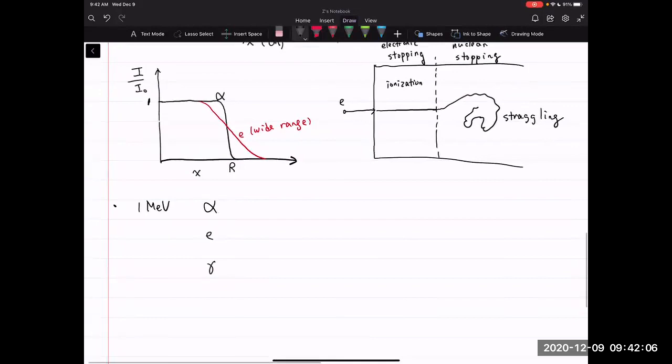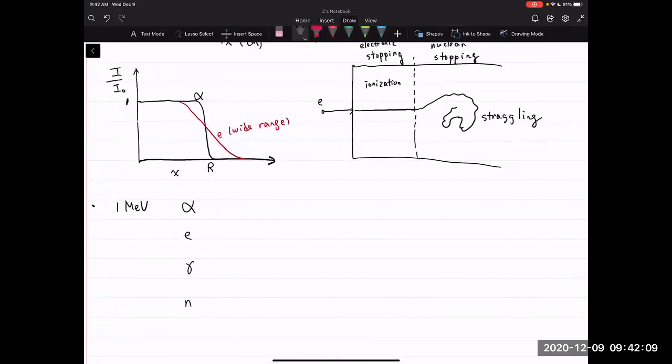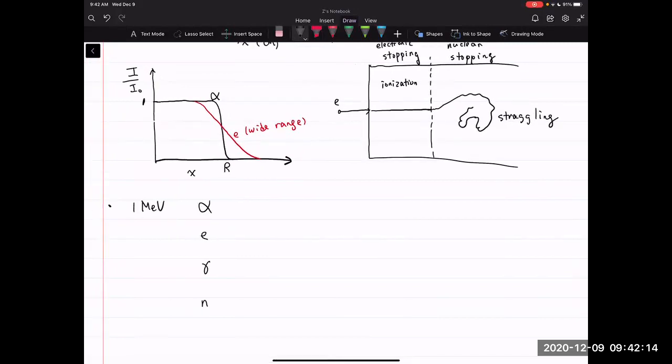Okay, of course, it can also be neutron. And if we send these radiations into materials, if you send this to aluminum, then what is going to happen? So for all these radiations with 1 MeV energy, if you send this heavy charged particle, electron, alpha particle into aluminum, then